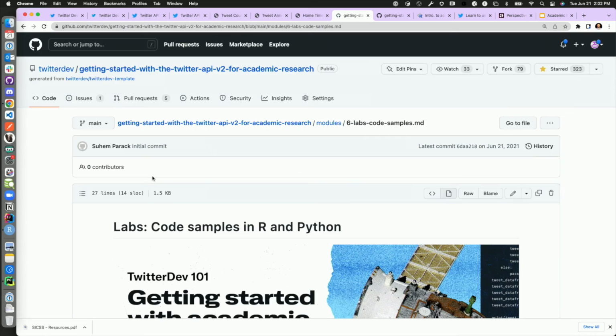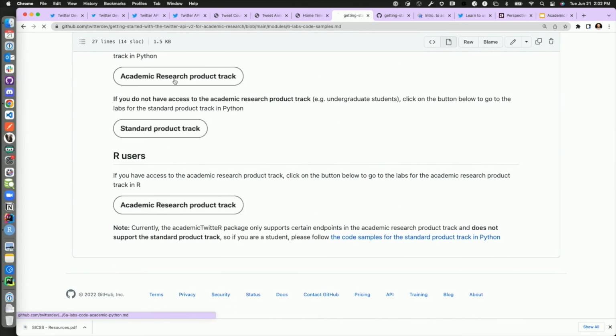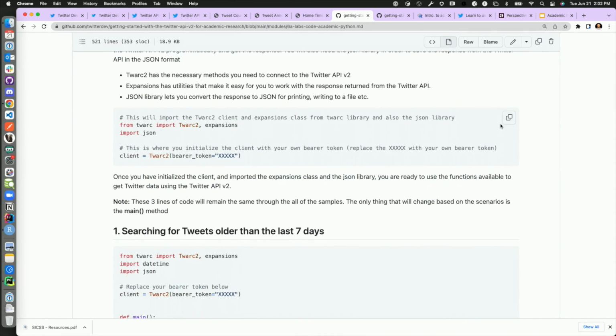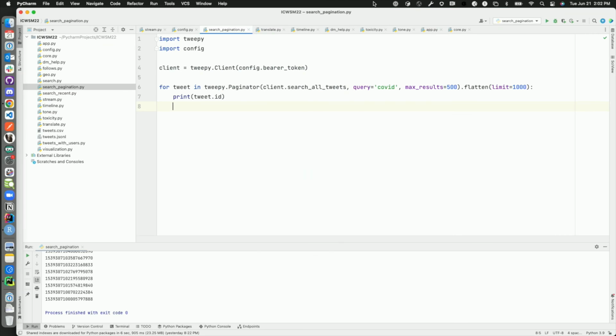So again, the instructions for these are available on GitHub. And as I said, for a group exercise, we can walk through these modules here. That will walk us through. So in this one, you see there are code samples in Python. All that you have to do is copy paste those, put in your own bearer token, and those will start working. But the two key examples that I wanted to showcase, again, these are not just of the Twitter API, but other services as well,